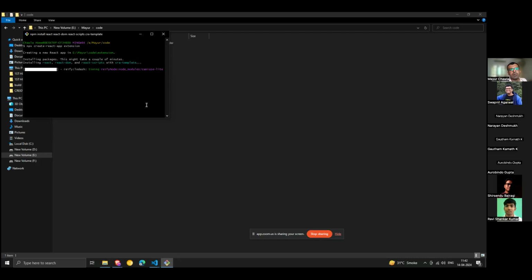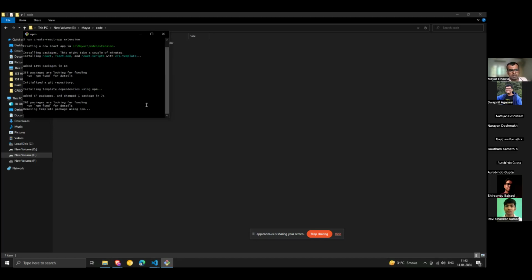So now what is the benefit? The benefit is that we have all the powers of React plus one manifest file which is giving us extra benefit of the Chrome extension. So okay,